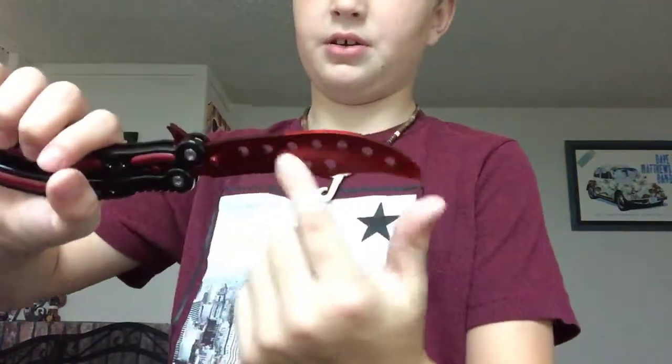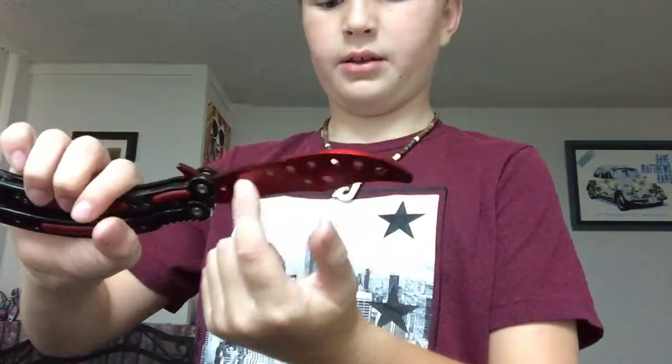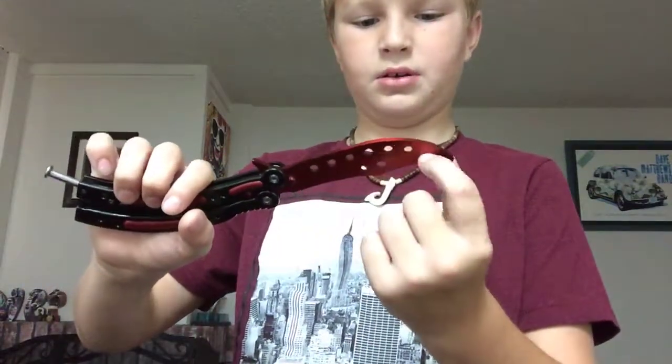My brother's friend actually has a butterfly knife. I think his is a trainer knife. His has only 3 holes, like here. He has like one here, here, and here. I think here. Wait. Yeah, only 3 holes like that. He does not have